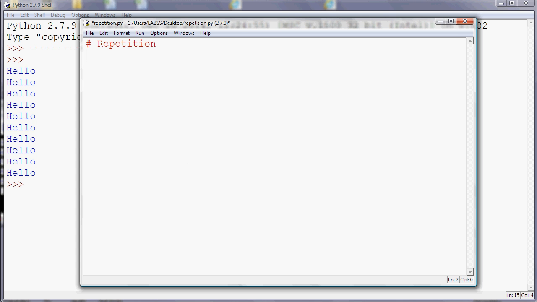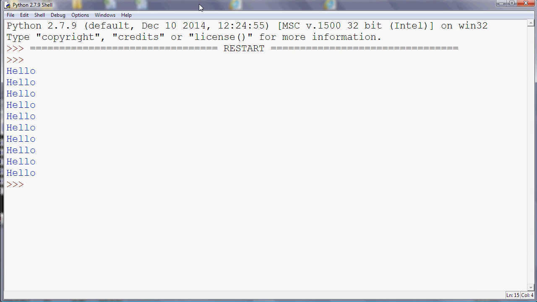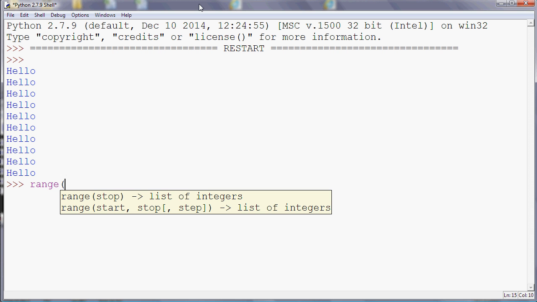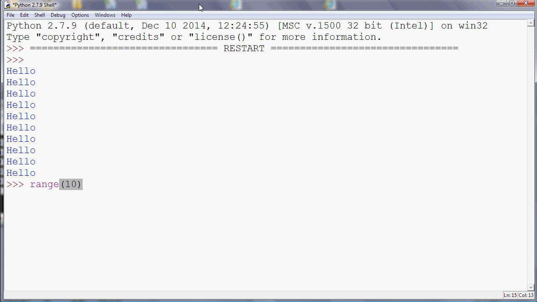Python is a little bit unusual in that for doesn't have this idea of counting. It has this idea of looking through a list. So I'm just going to show you first of all how to create the list containing the numbers that you want to use. Okay, so there's a command called range, and what that does is it creates a list of numbers. So if you want to do something 10 times, we need to create a list with 10 numbers in it. So you can do that as simply as typing range 10, and what that'll do is that'll give you,